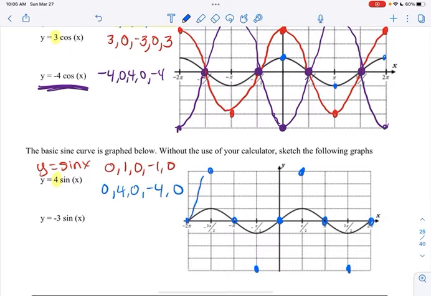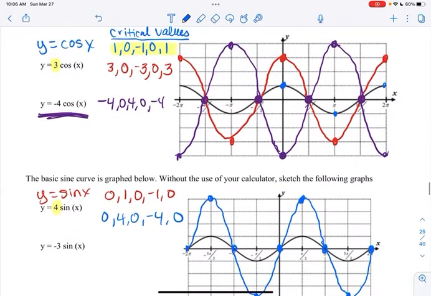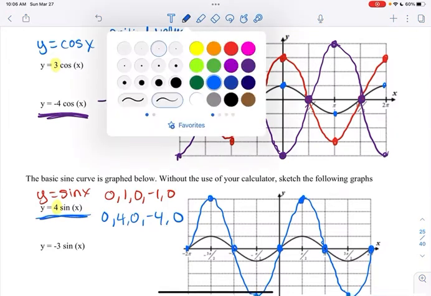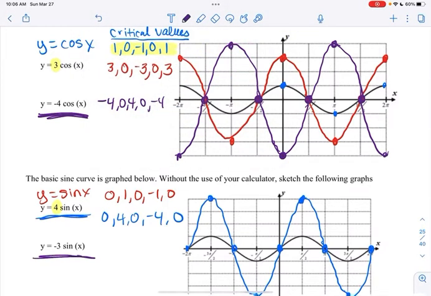And there's my sine. It's just taller, but it's the same curve. It's still at the origin. So remember that the sine graph goes through the origin 0, 0. The cosine graph does not. All right, so that's y equals 4 sine of x in blue, and then I'll do y equals -3 sine